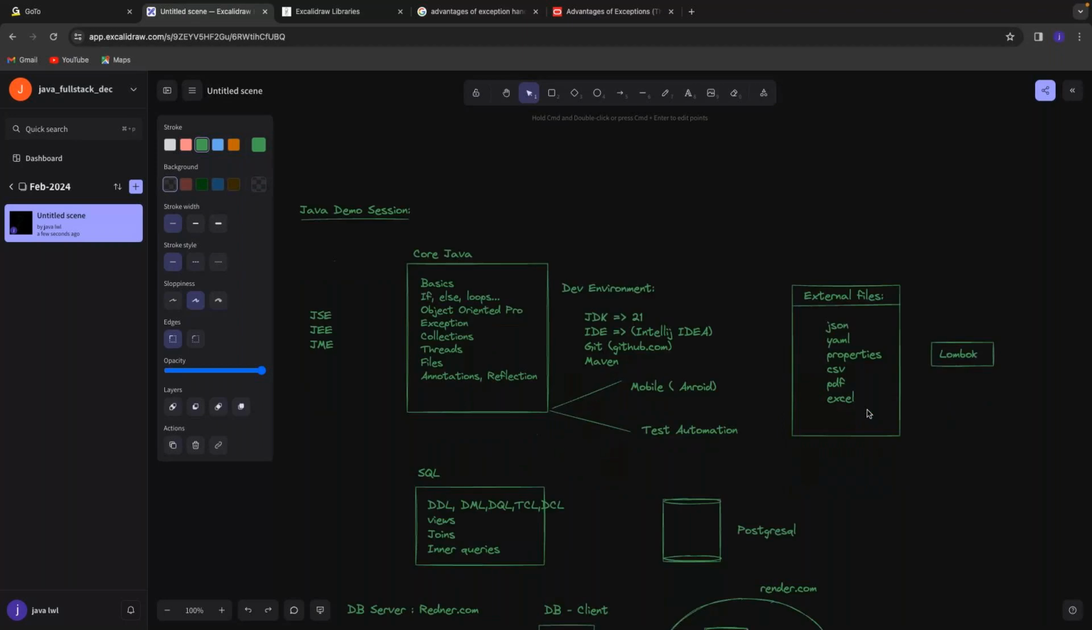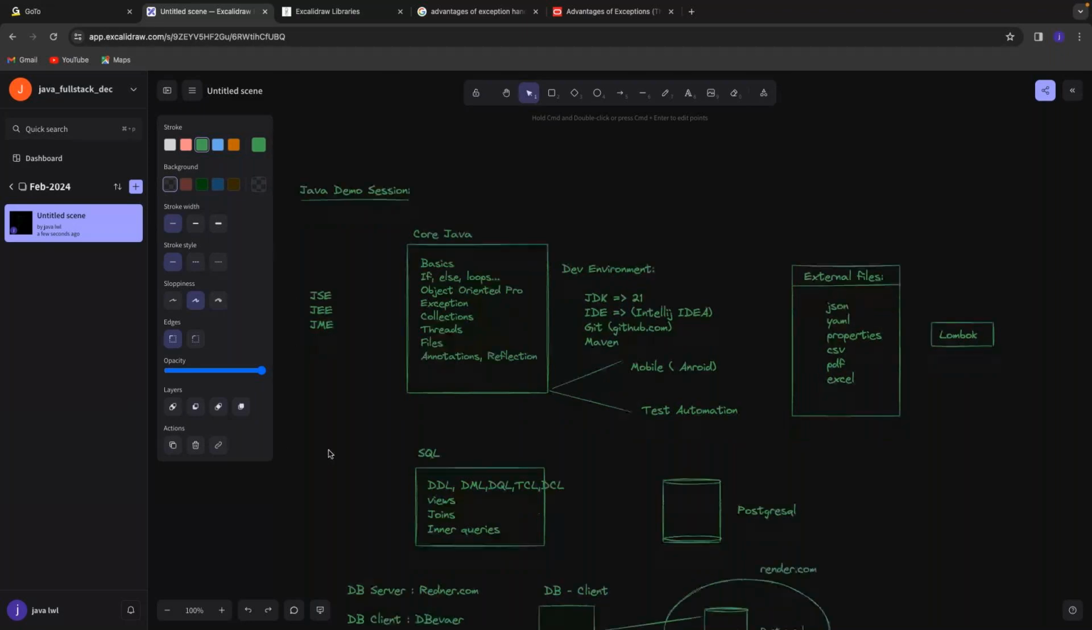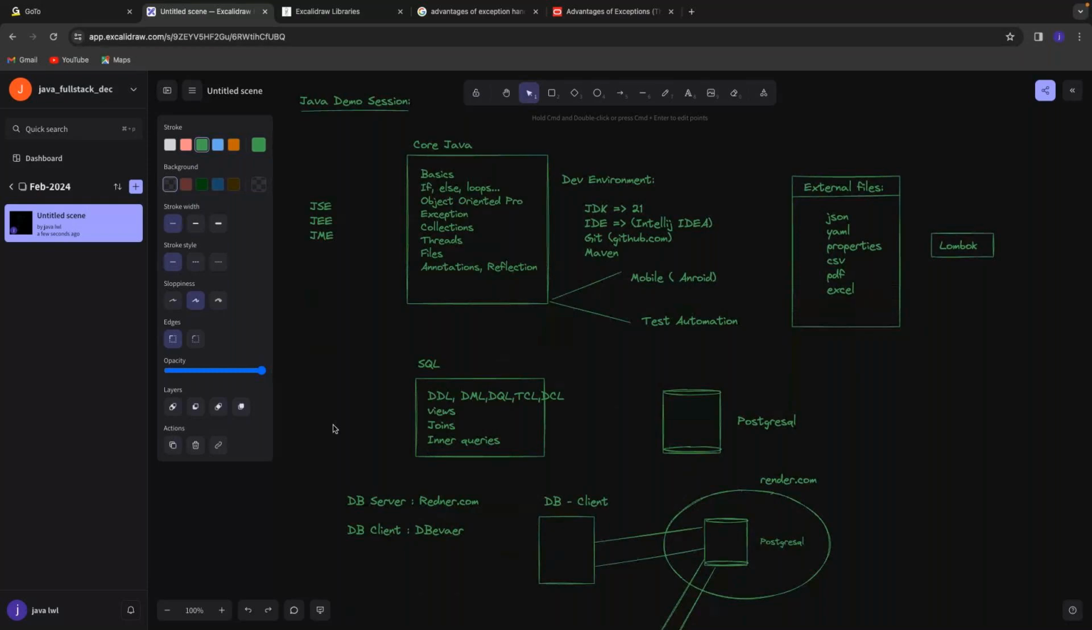Then external libraries, how to work with that. This is what the main focus will be given on the core concepts. Then you are learning the SQL. Once you learn SQL, you should have one database